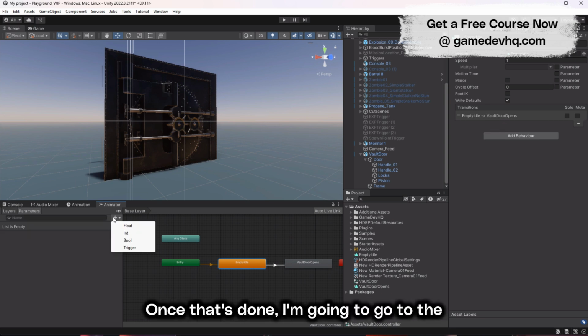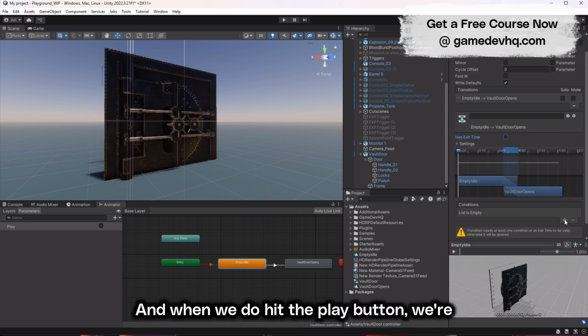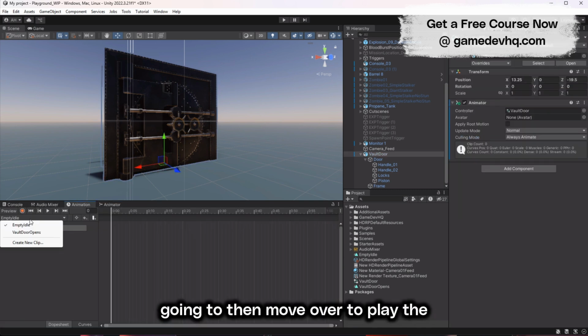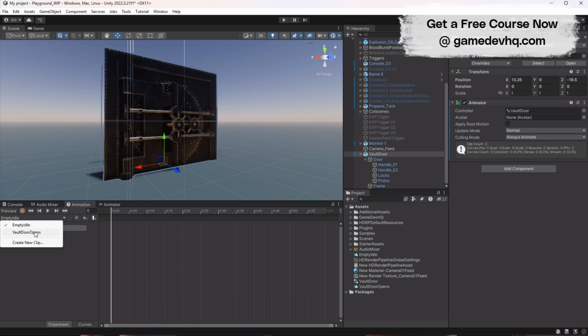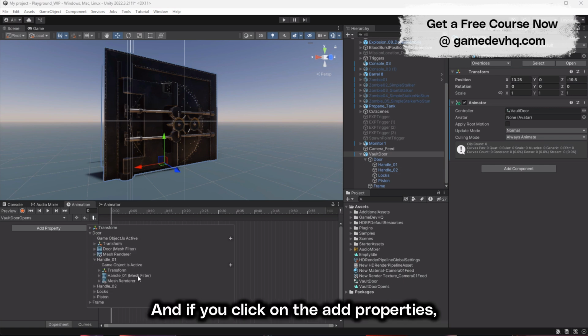Once that's done, I'm going to go to the parameters and I'm going to use a trigger. I'm going to call it play. And when we do hit the play button, we're going to then move over to play the vault door opens animation. Inside the vault door animation, I'm going to open this up, and if you click on the add properties,